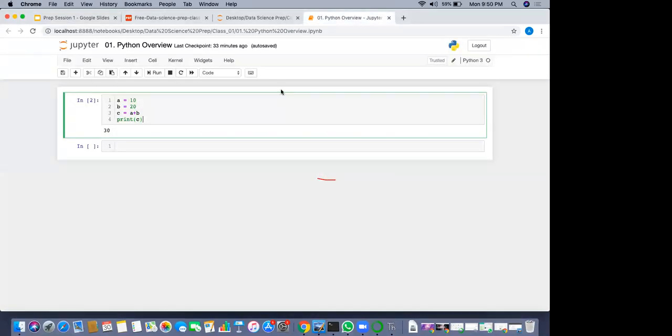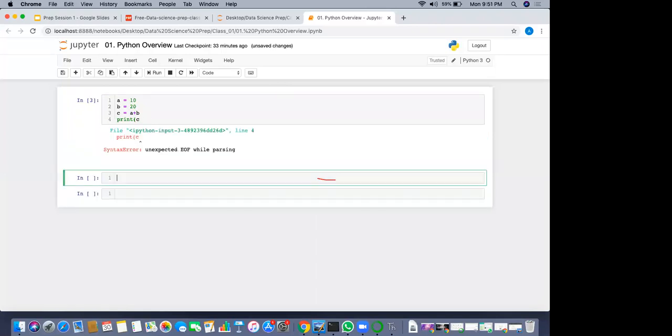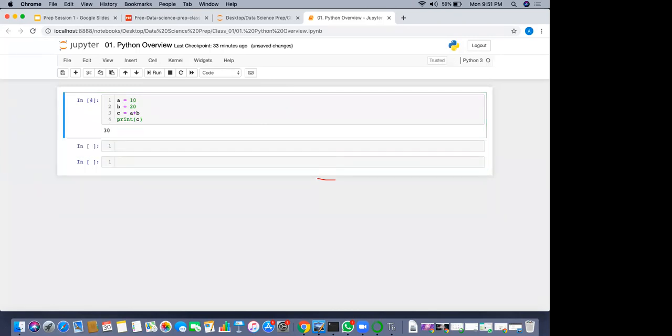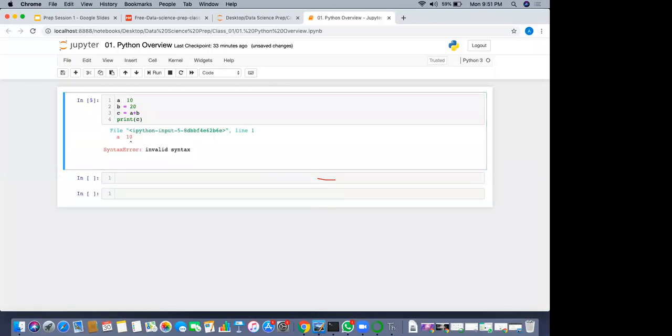So let's have a look at this code. I'm going to make one syntax error here. I will remove this bracket, and if I run this again, I will get this syntax error. Can you see? I'm getting the syntax error, unexpected EOF while parsing. So what the syntax error says is that when you are using a print statement, it should have an opening and closing bracket, right? Then if you run this code, it will not give you the error. Similarly, let's say if I remove this equal to sign and run this, it will give me the syntax error. The syntax rule says that if you have a number and a variable,